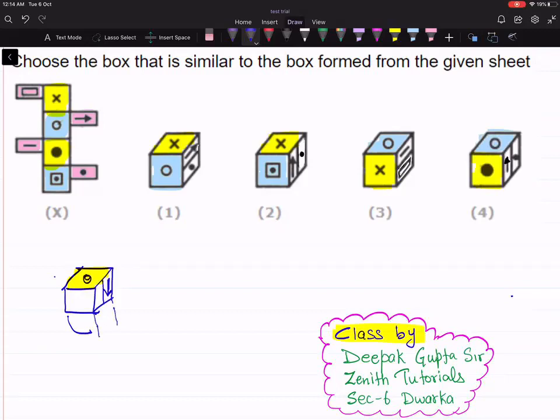Opposite to circle is your square. Sorry, cross is there. Okay, this color coding I have done a little wrong. So let's correct this. So this is blue, and opposite to the blue circle, empty circle, this is a square, right? So one thing is clear, that the arrow should always point away from the circle and towards the square. So in this particular case, arrow is pointing away from the circle. So this is a correct option.